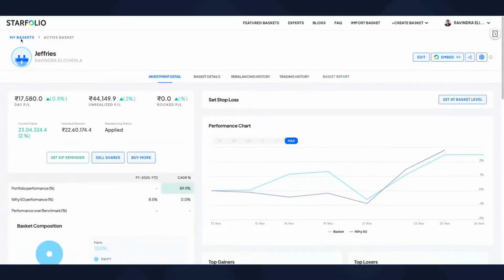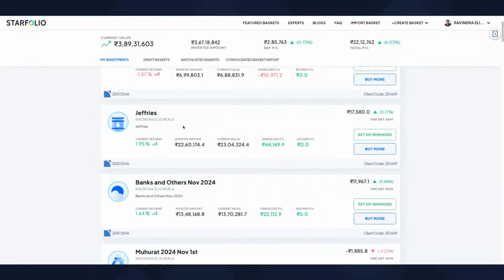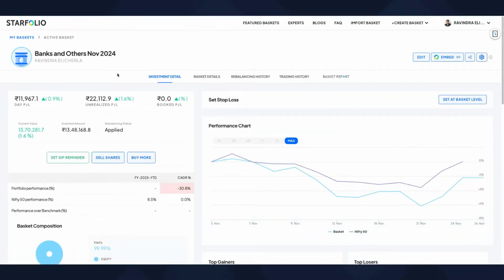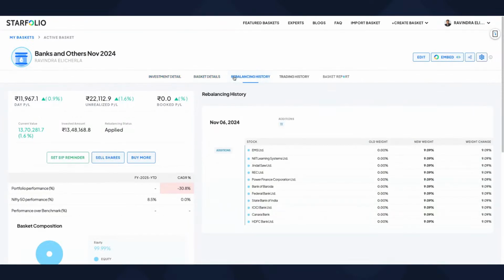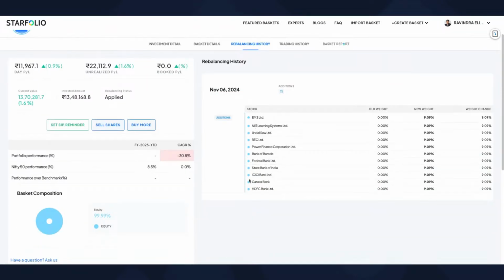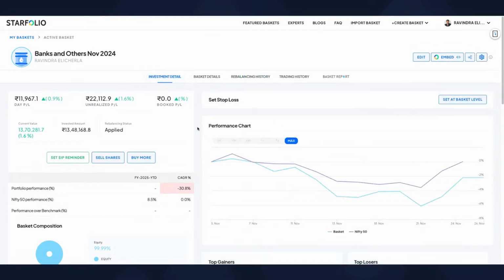All right, so these are all the baskets that I create, and typically, I named some names, and let's say these are all the banking, banks and others. So there are multiple stocks here. What I do is typically I do a bit of contra investing. What I mean by contra is, if this basket shows red, I go and buy some of the stocks. If it is green, that's okay, I will not do much, but only if it is red I do. So right now this basket actually started investing, I think 5th November, and right now this basket